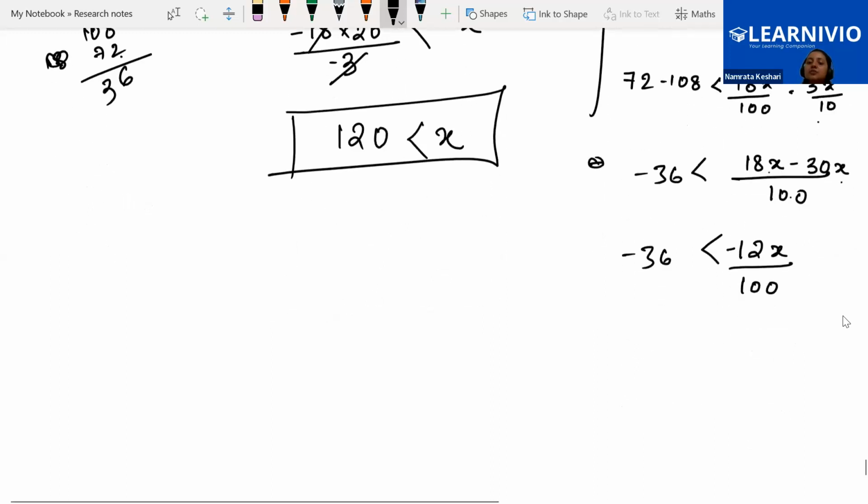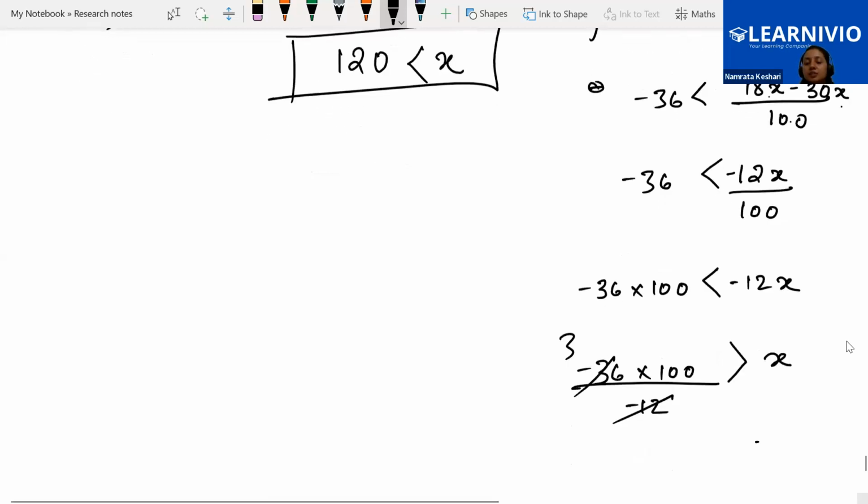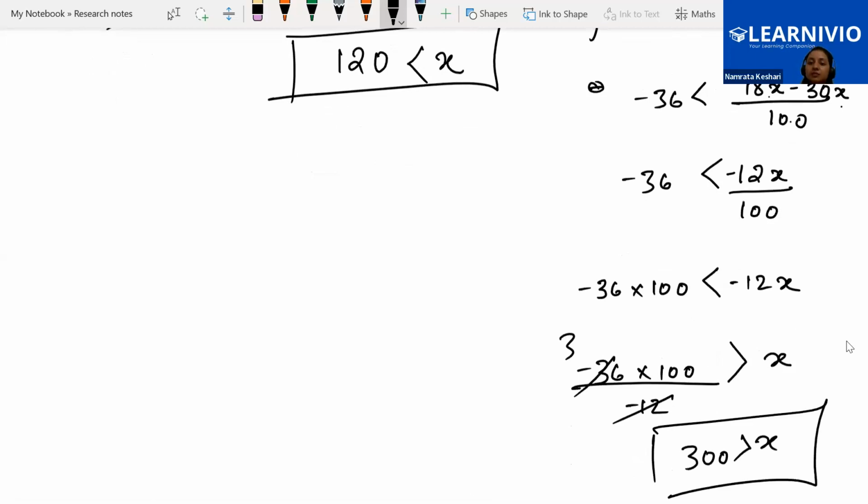This 100 we can shift to the other side, that is completely okay. So minus 36 into 100 is smaller than minus 12x. Now the sign will get reversed. x is smaller than minus 36 into 100 by minus 12, so we are getting 300. x is smaller than 300. Let's combine both the answers. x is smaller than 300 and x is